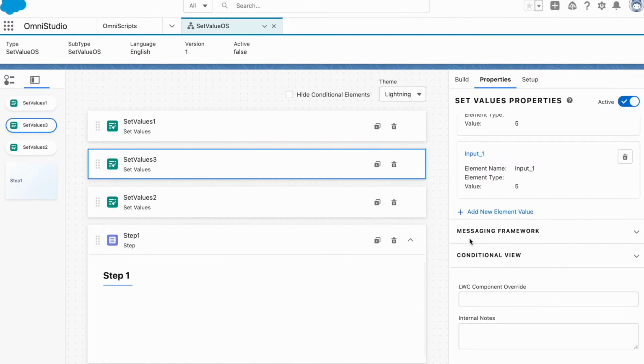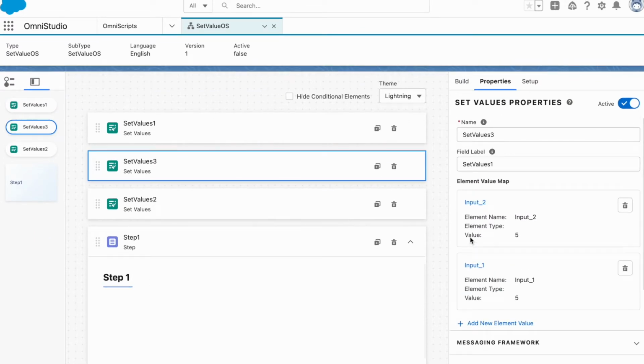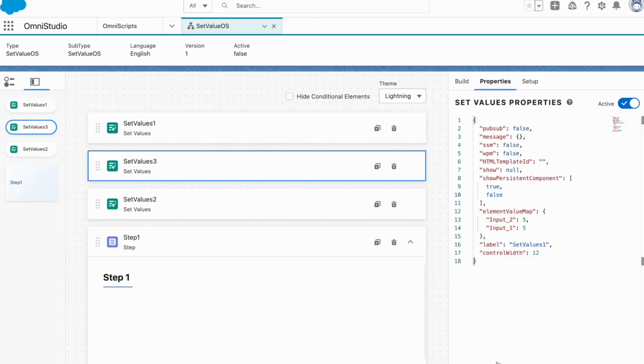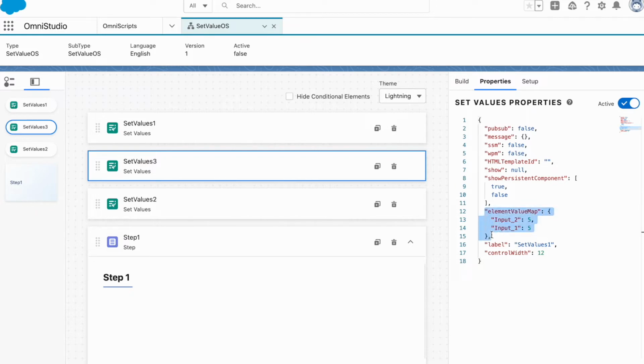And now there is a hidden thing. So if you go here, edit JSON properties as JSON, you will see that this is how your entire set value action is configured. And you can see your input 2 is 5, input 1 is 5. But let's say if you want to store some complex